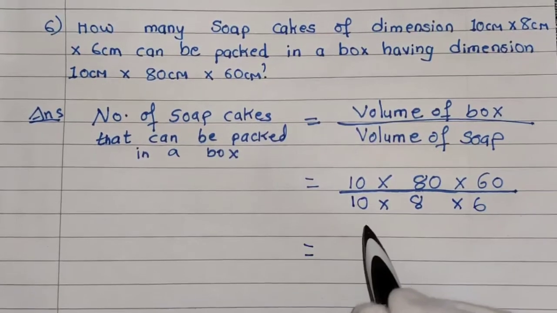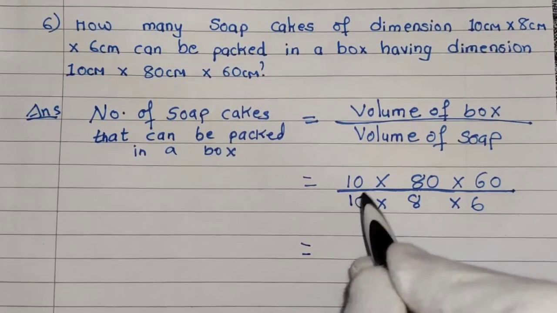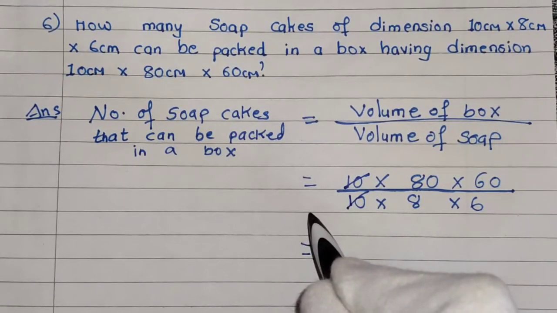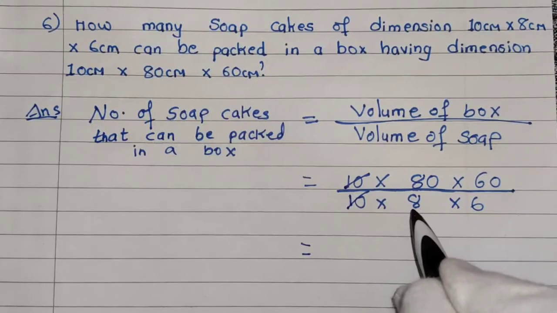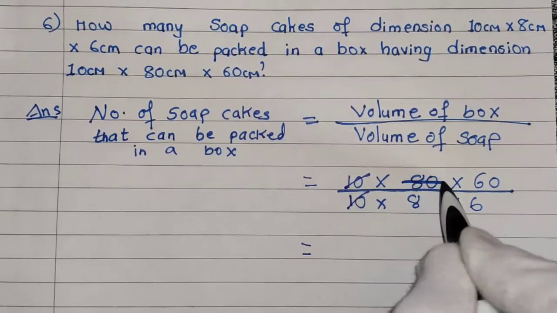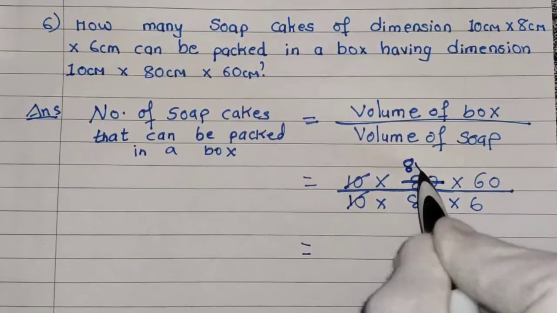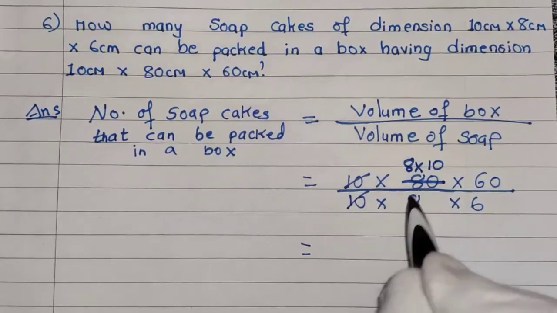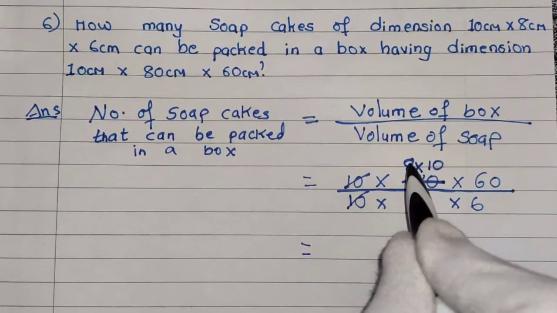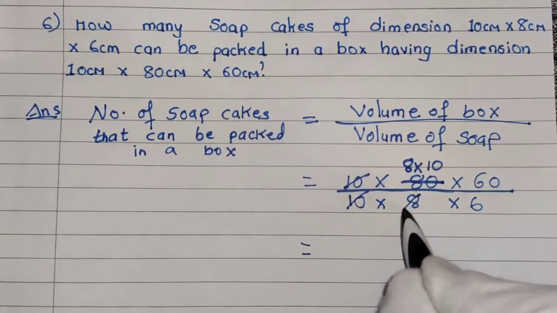Now what you are going to do? You are going to divide or you are going to do the cancellation. Now the numbers which are same up and down, you are going to cut that. And look here, this is 8. And what is this? This is 80. So in the place of 80, let us write the table of 8 here. That is 8 tens are 80. So in the place of 80, you write 8 multiply by 10. Because same number is there down in the denominator and it is helpful for us to cut it.